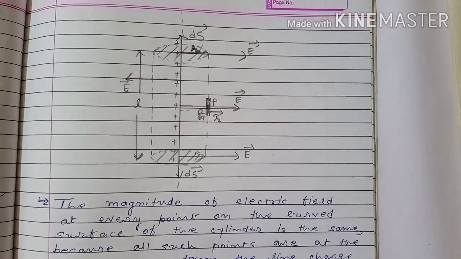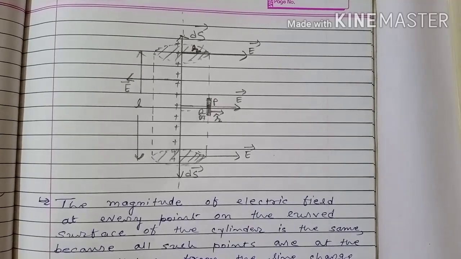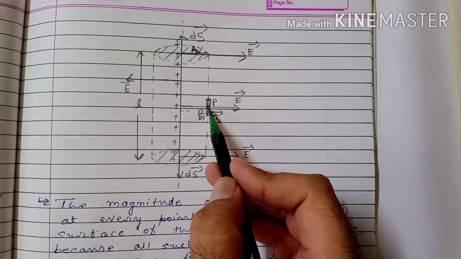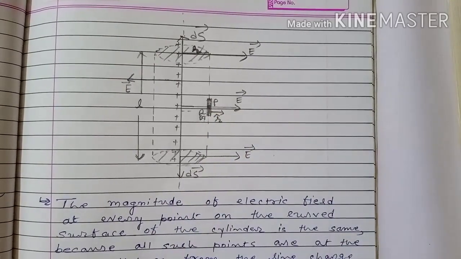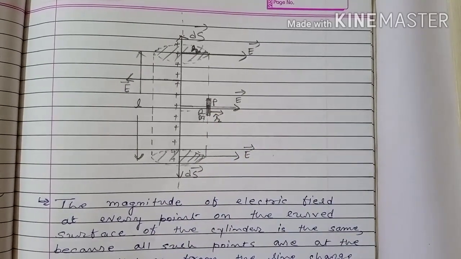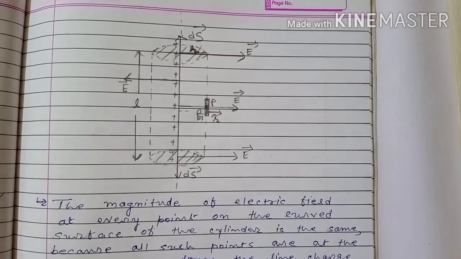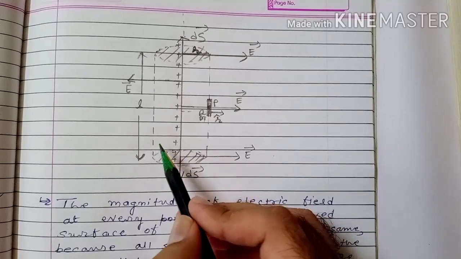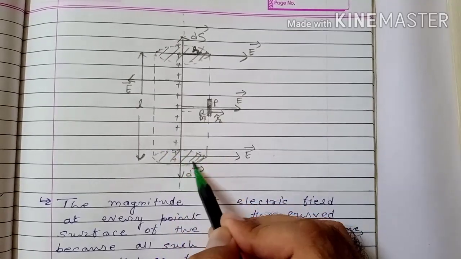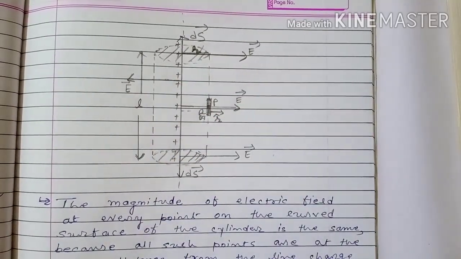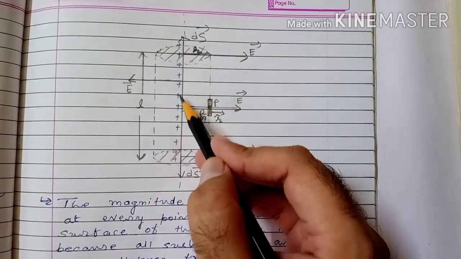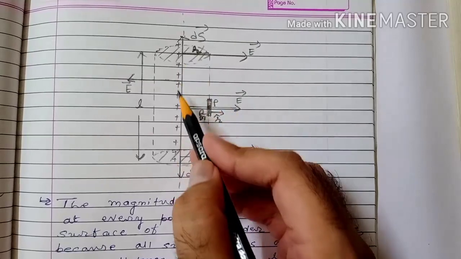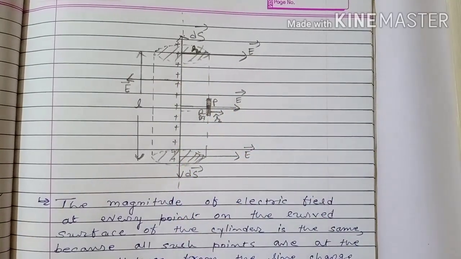But here we have to find the electric field due to a uniformly charged infinitely long wire at a distance r using Gauss's law. Whenever we have to use Gauss's law, at that time we have to consider one closed surface. So let me consider one cylindrical surface. This is the Gaussian surface which I have considered. This is the positive charge distributed on this wire. This is uniformly distributed, therefore the value of lambda will remain the same.